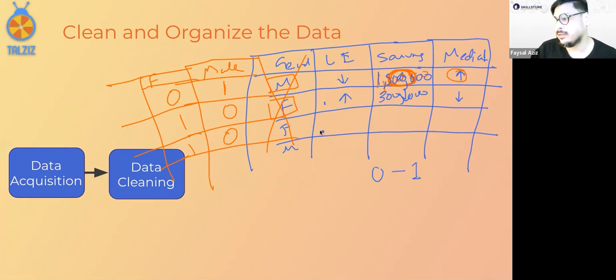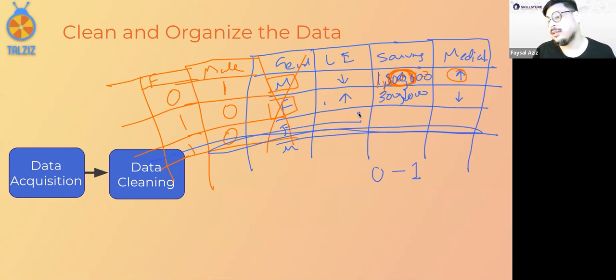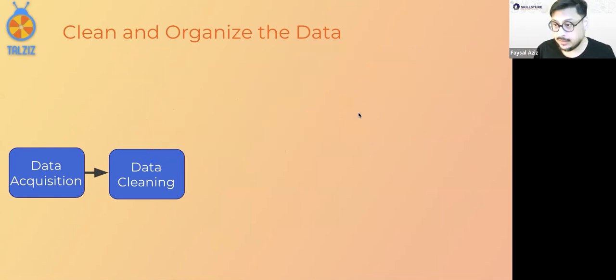Sometimes data might be missing somewhere. You have a choice of either predicting the data or completely deleting it. So what you're going to do depends on your decision as a data scientist. And data cleaning itself is a whole course by itself. So in 2 hours, it's impossible to master machine learning, but it will give you insights on what kind of work you need to do if you want to get into machine learning and what it might look like.